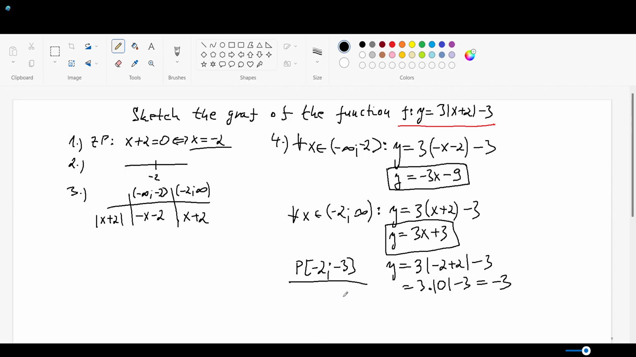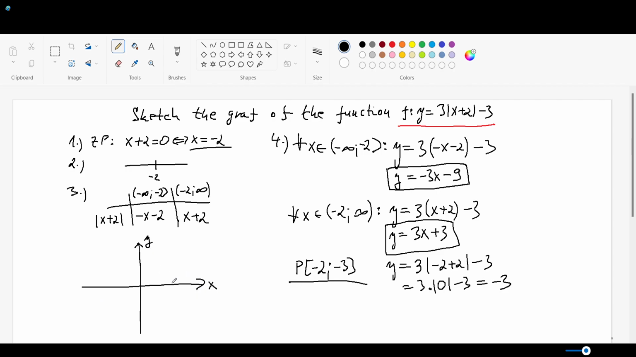So from this you can see that our 0 point coordinates are -2 and -3. Now we have all the information which is needed for sketching the graph. So basically now you sketch the